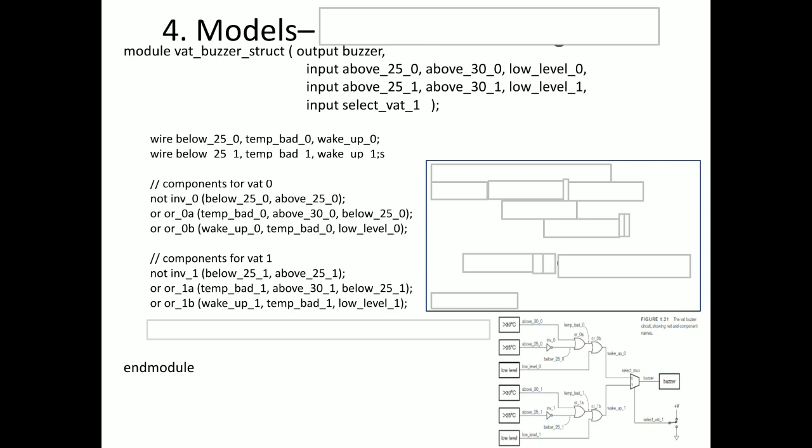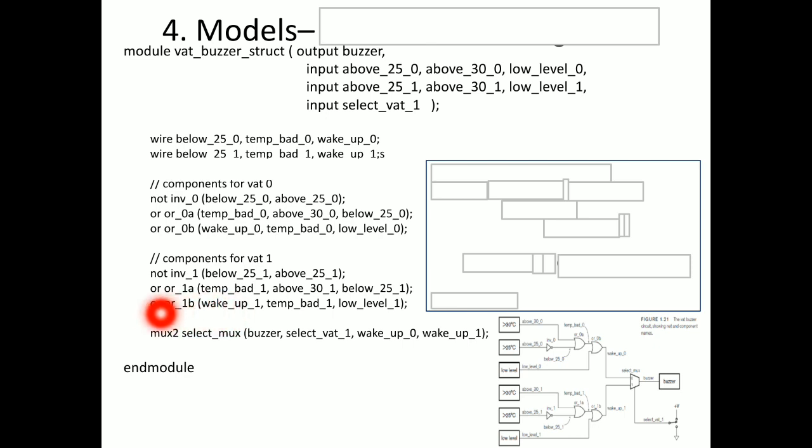Whatever we saw earlier is called gate instantiation. Not gate name and port list, or gate name and port list, this is called gate instantiation. Now we are going for module instantiation. Please observe the line which appeared now. This line is called module instantiation. All these are gate instantiation because these are library cells using logic gates, not gate, or gate. Since this one is using another module, it is called module instantiation.